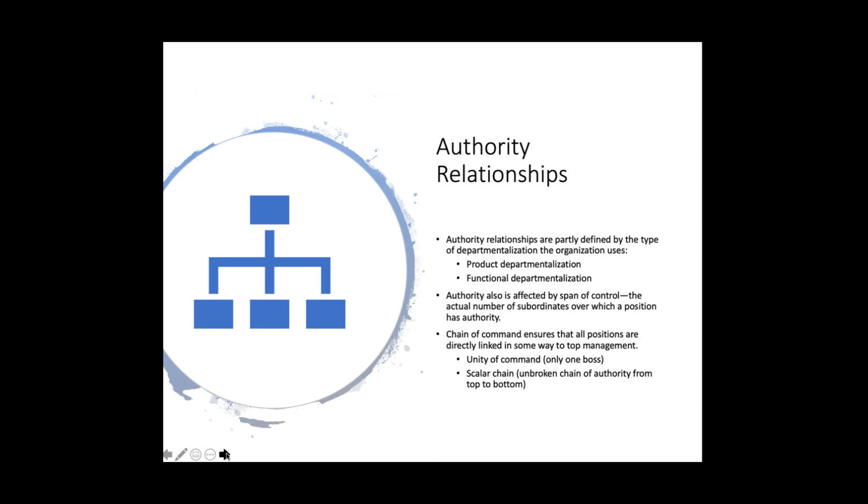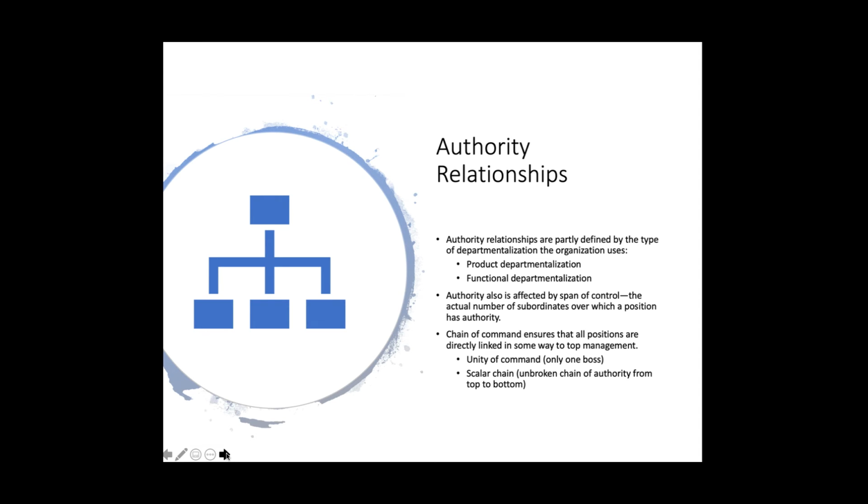Think about this for a moment. If you basically produce two main products, one product for instance for consumers, another product for businesses, and that's the way the big divisions in your company work, you have the consumer departments, and then you have the business product departments. That will define authority relationships. Versus if you departmentalize, you segregate your jobs in departments based upon function. For instance, you have the marketing department and the sales department and the operations department. That will have a different set of authority relationships, right?